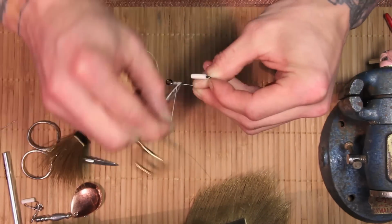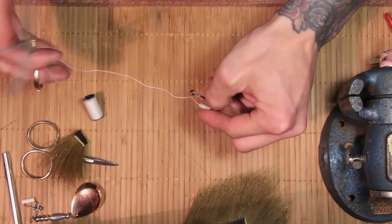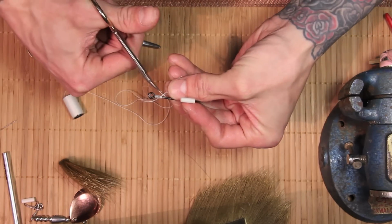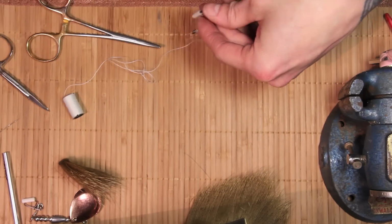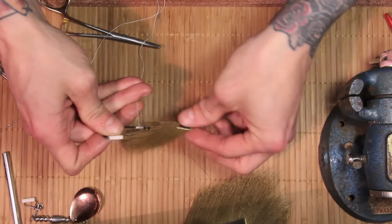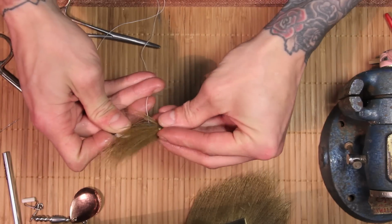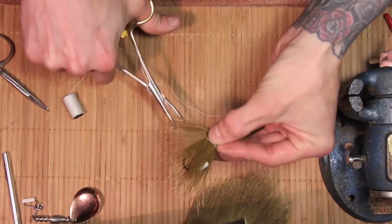So this is going to be probably part 1 of 3. This first part is going to be mostly beginner stuff, just getting everything worked up to where a lot more discussion will happen about how the feathers get laid on for different types of looks, detail, and how it pulls through the water. But we're going to go back to here and tuck this on, put the thread on first. Obviously that's going to make it a lot easier when you start wrapping it around. You just pull it out to one spot, give it a good wrap,